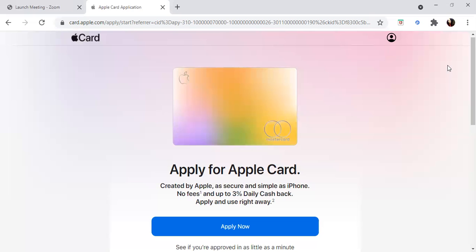You just don't want to aimlessly apply for different credit cards without having an idea of whether you fit the credit profile. Anytime you add unsecured lines of credit to your profile, unsecured, not secured, not debt, unsecured lines of credit, you will see an increase in your credit score. So that is the golden ticket. Make sure you apply these strategies that I'm giving you, especially if you're trying to increase your credit score. So when it comes to the Apple card,